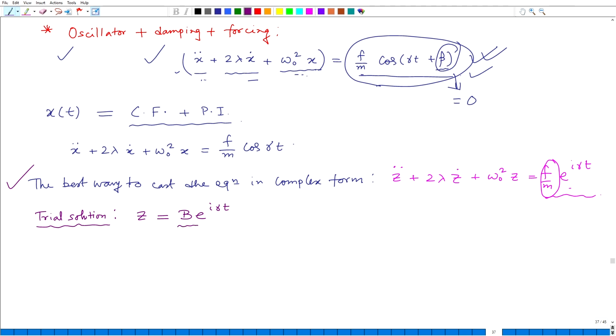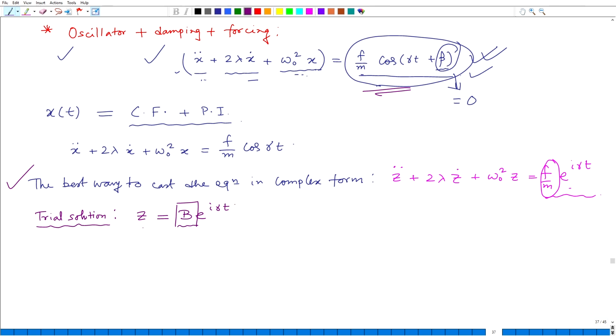So, although I can make the force have 0 initial phase, the displacement can have some initial phase, and